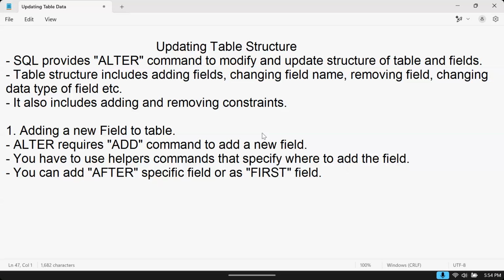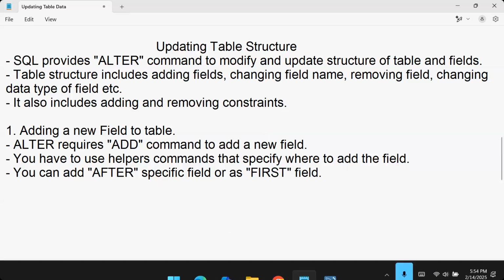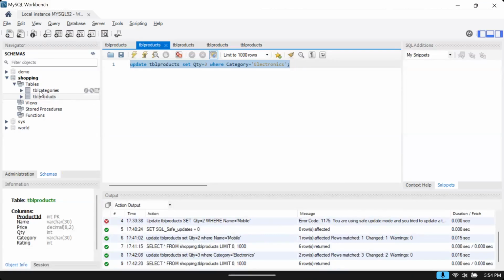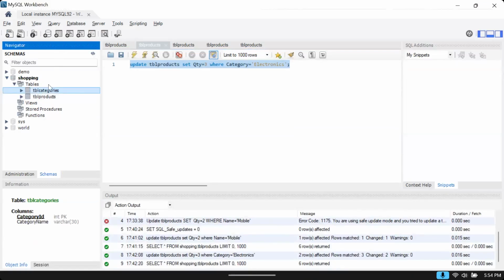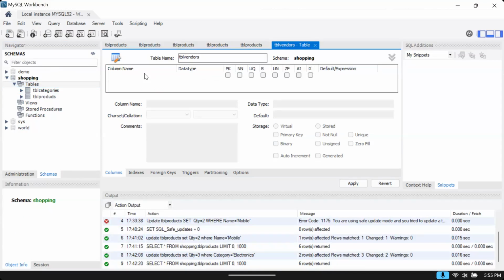So adding a field name. For example, let's take one simple table. I will create a new table. So create table TBL vendors. I will just give the columns